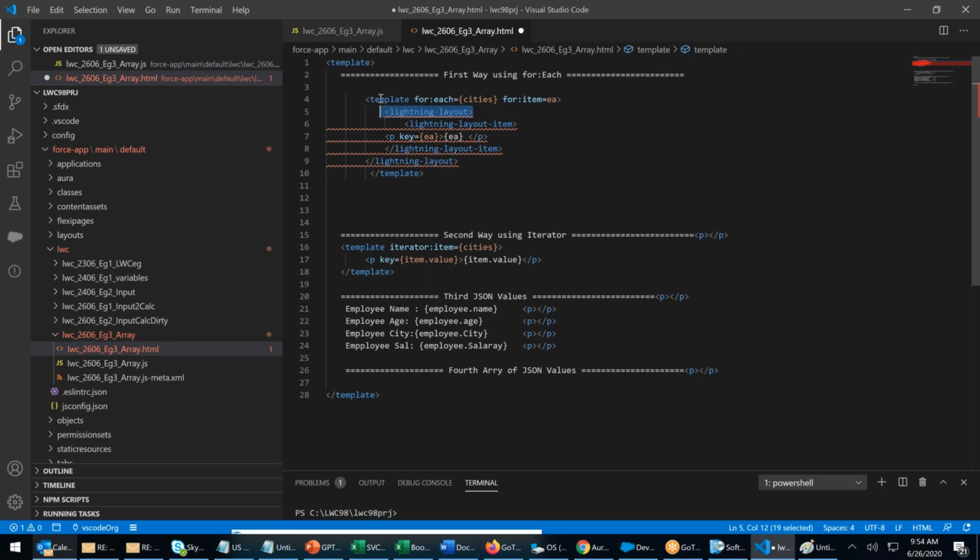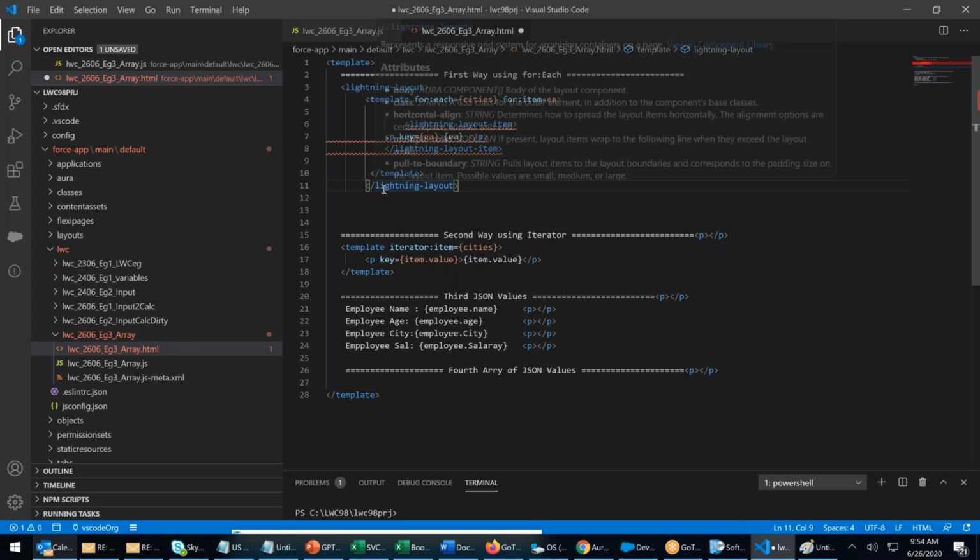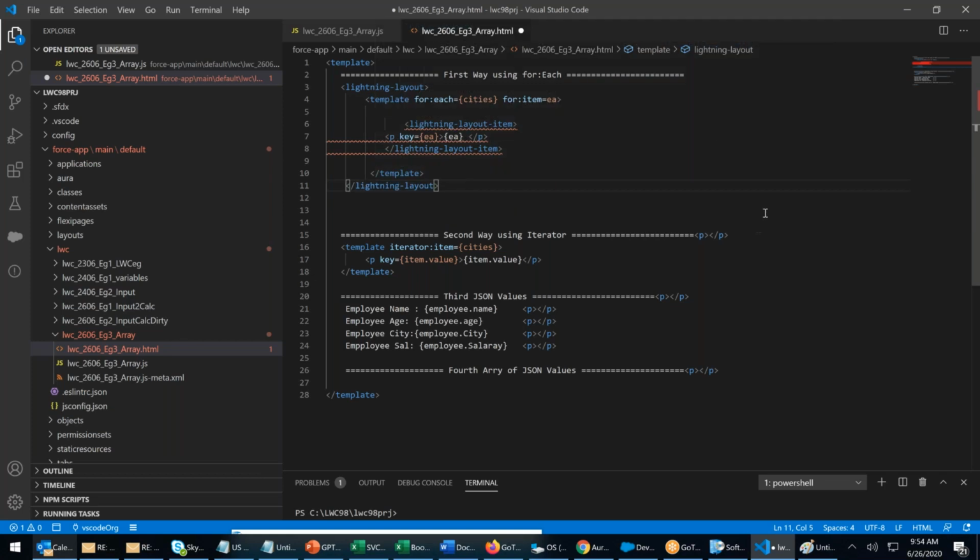System is not taking layout. Okay, Control X. You have to find this out. Layout outside. System is not taking layout item. How can I use a lightning layout item? For each, I want to repeat them in a layer. Try to do this.